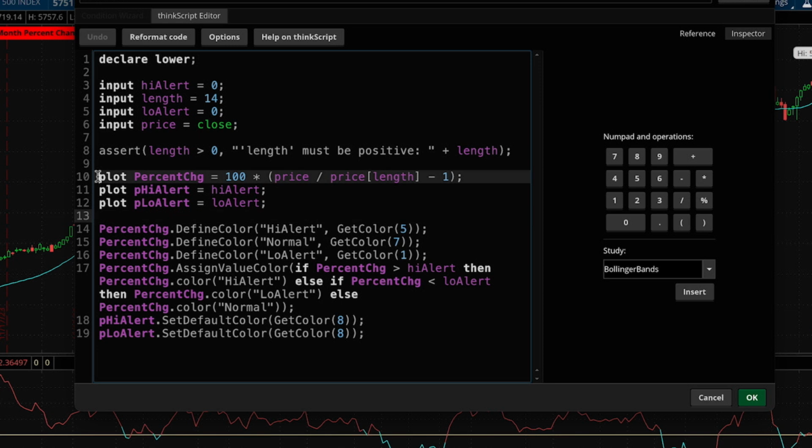So if we look at that plot percent change line, you'll see that really our problem is just this price variable. We're taking price divided by price with an offset of that length input. And so anytime I change price from close to open or vice versa, I'm changing both of them. I can't have one be close and one be open. So we can make that change right here, right now. If I change that to plot percent change equals 100 times, and then in parentheses, price divided by open minus 1,